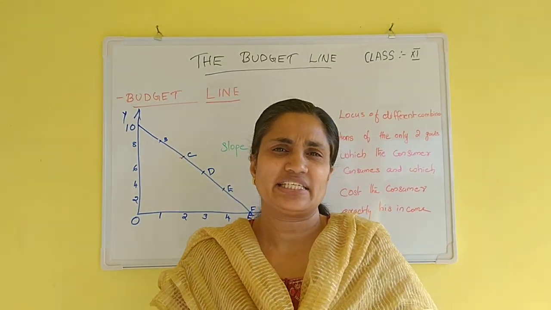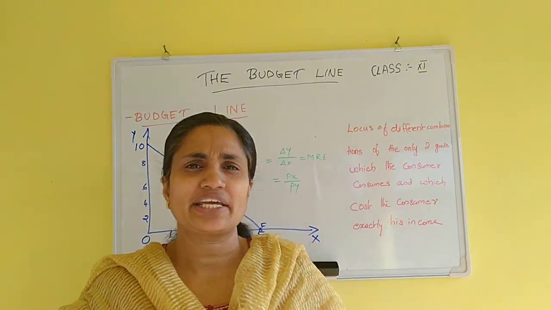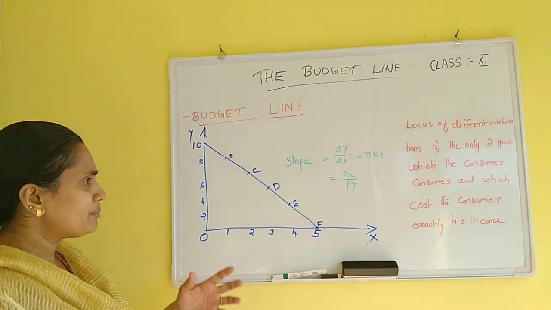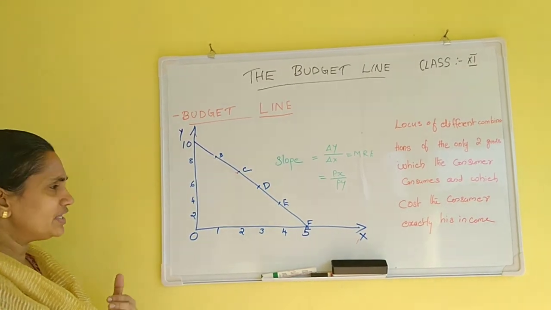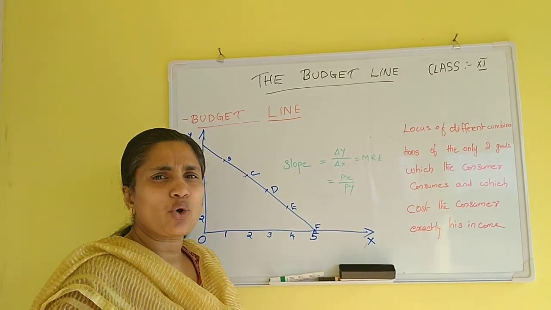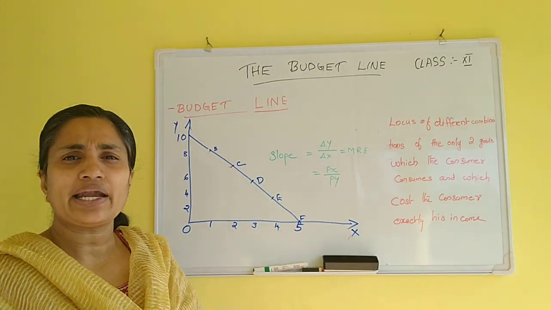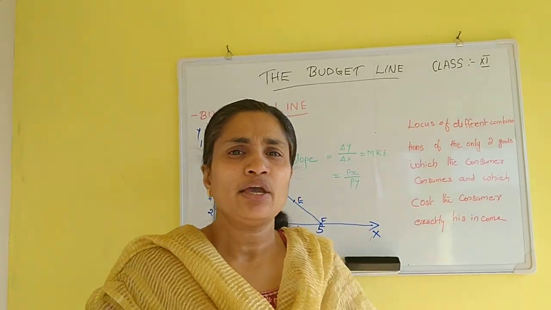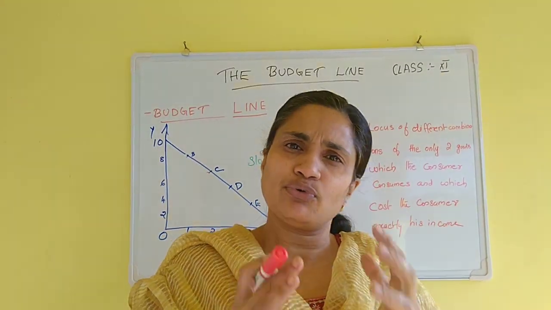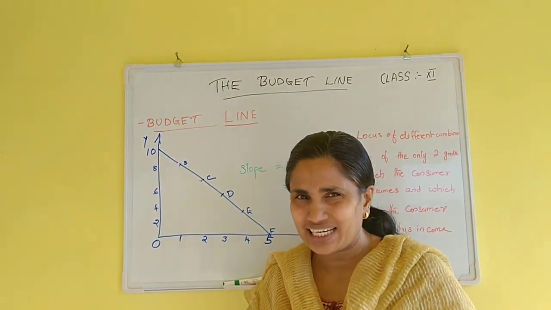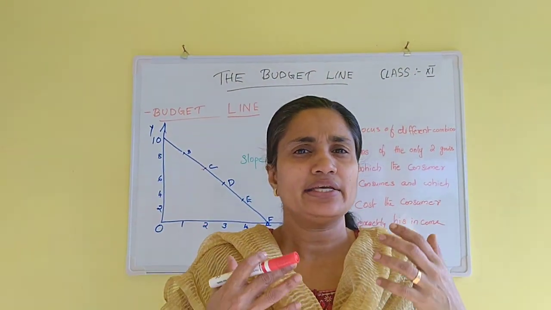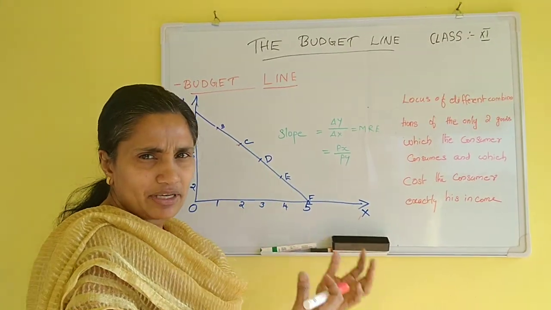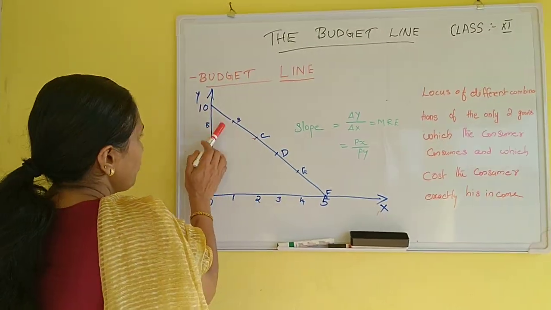So next one is budget line. Graphical representation of the budget set is known as budget line. Here we can see that in the previous numerical example, there are certain combinations A, B, C, D, E, F of good X and good Y that the consumer is consuming within the limited income of rupees 50, where the price of X is rupees 10 and the price of Y is rupees 5. Here we can see the graphical representation of the previous numerical example, with various combinations